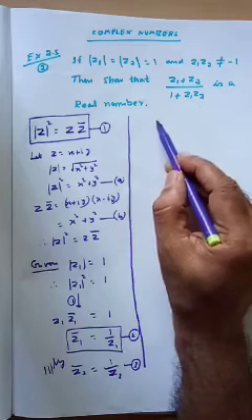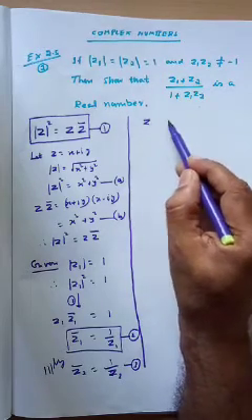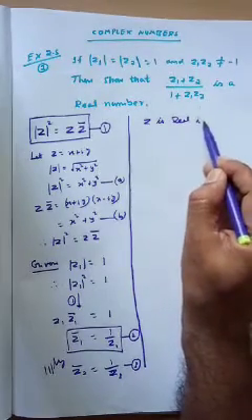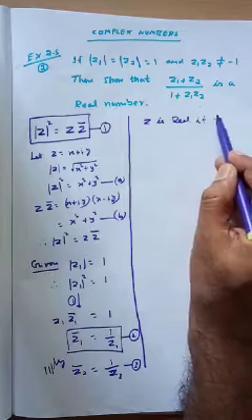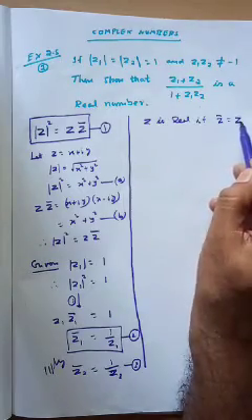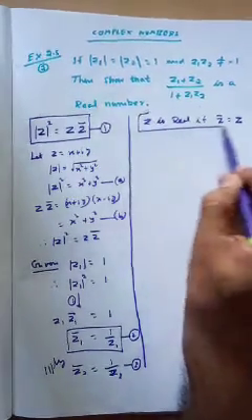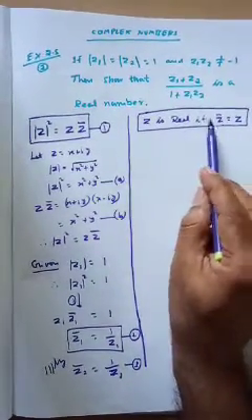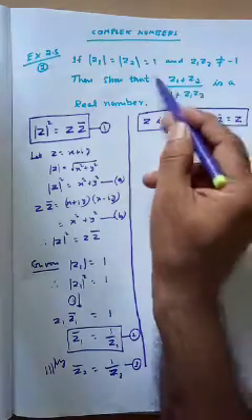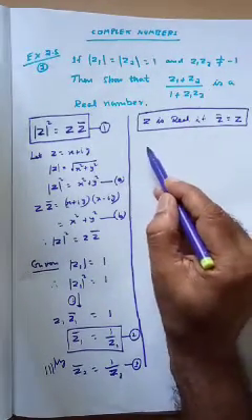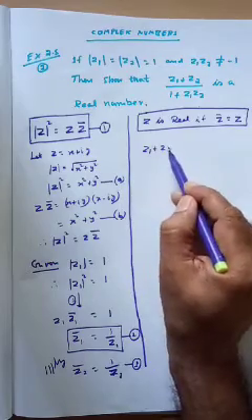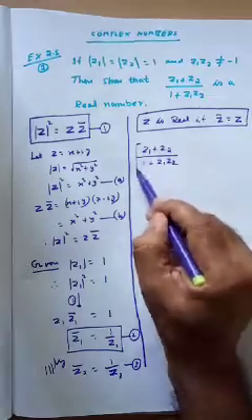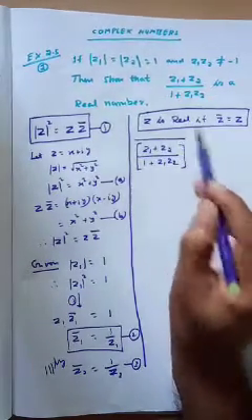Let us recollect another property. What is another property? Z is real if Z bar equal to Z. This is the condition we have learnt using the conjugate. A complex number is said to be real if and only if Z bar equal to Z. So let us find out the bar of this question. The question given is Z1 plus Z2 divided by 1 plus Z1 Z2. Let us try to find the bar of this.